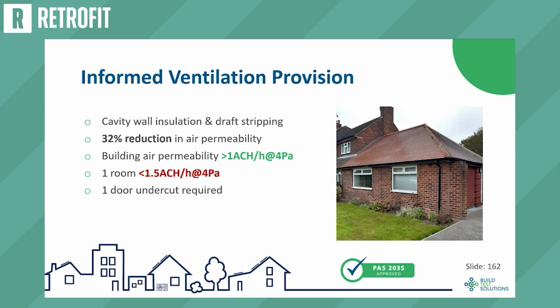So we could think, actually, I've got enough fresh air in here, I don't need to put more holes in there. But we also measured the airtightness of every room and found that one of them was still quite airtight, so we wanted to have a door undercut into there to make sure we could get fresh air into that room in particular. And this is a standard, a method to work by that's run by the Insulation Assurance Authority, using airtightness measurements as a tool to be informed about whether we need to put more holes in or not.